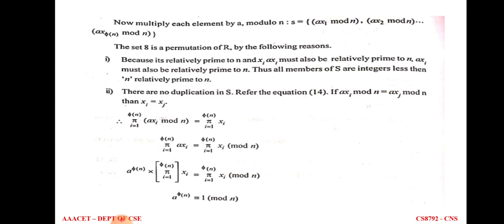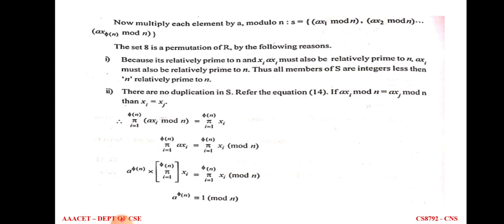So it can be rewritten as the product for i equal to 1 to phi of n of xi, because in the above equation we multiplied each and every term by a mod n, so we are neglecting a mod n, and we are converting the value a into the left hand side. So the left hand side value is getting the product for i equal to 1 to phi of n of a xi. The modular arithmetic is multiplied with the right hand side, so the right hand side is xi mod n.